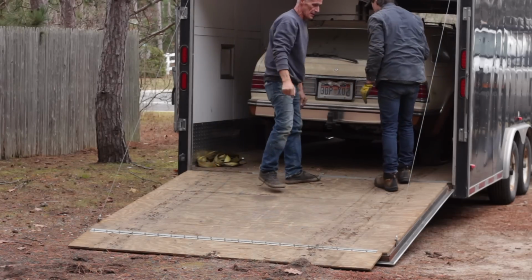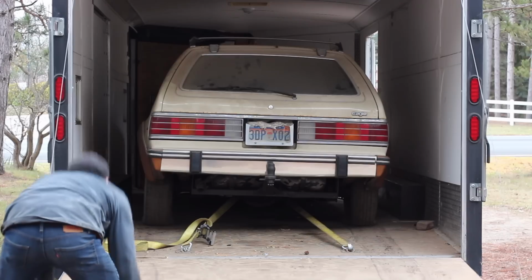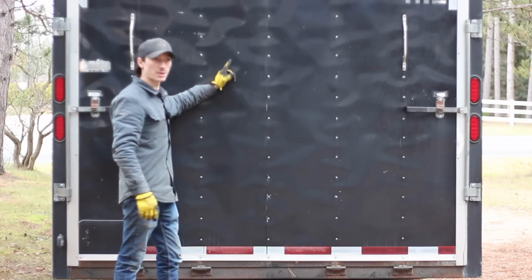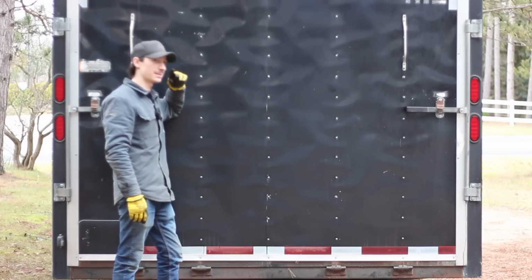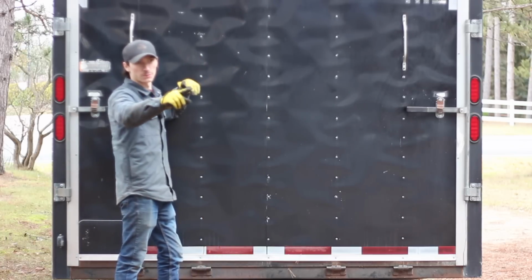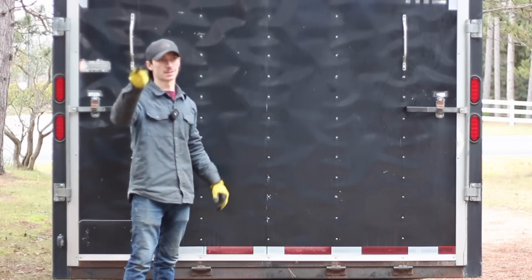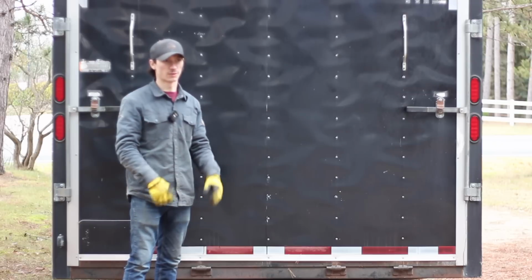Dude, strap down, man. I need a bigger winch. Got the Eagle in the trailer. It took me a lot longer than I expected being out here, so I'm gonna have to come back tomorrow for the other 2. I don't know if I'm gonna put them in the trailer. The maroon one needs front tires and the silver one is broken in the frame, so it's not gonna be